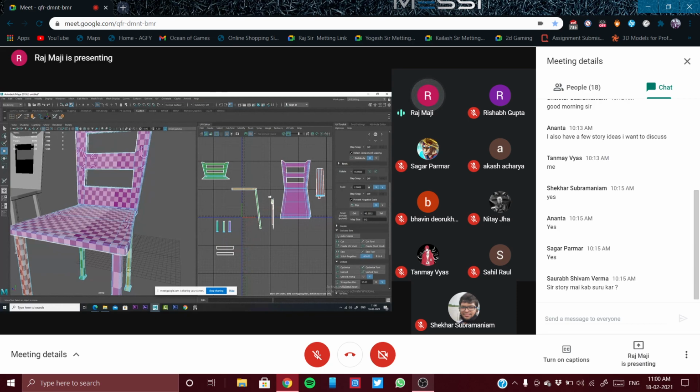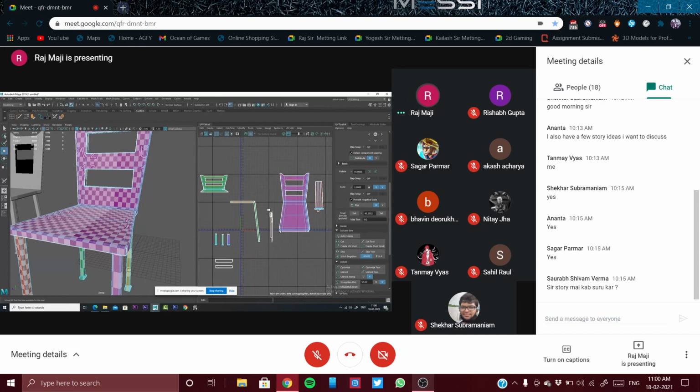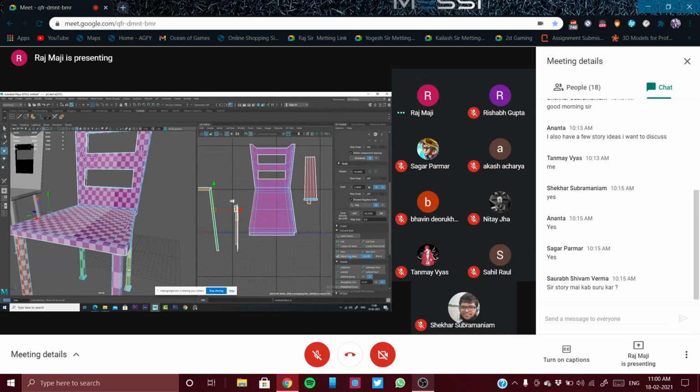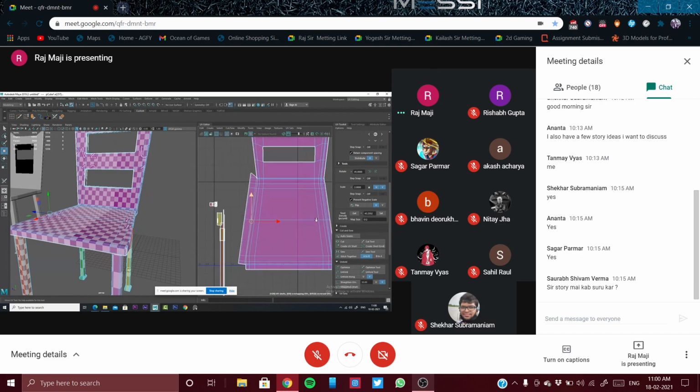So all the small parts you need to connect towards the main UV shell first, and only then will you connect these small areas. Suppose this one. So stitch together, right? And as we have seen before, the same way we need to deal with this.